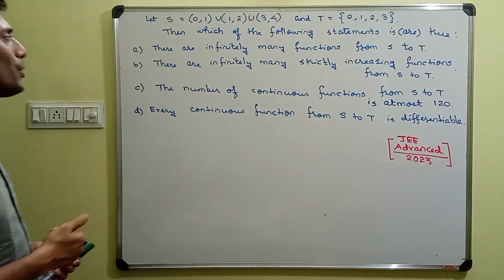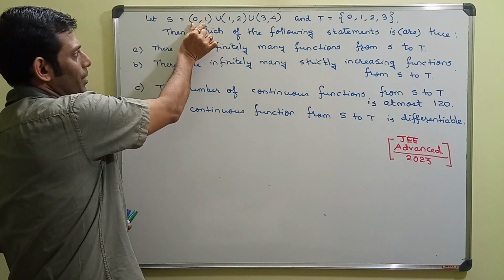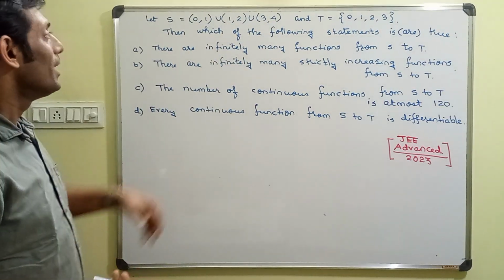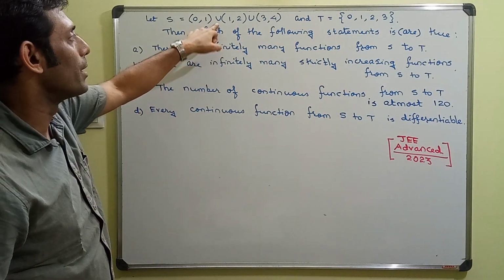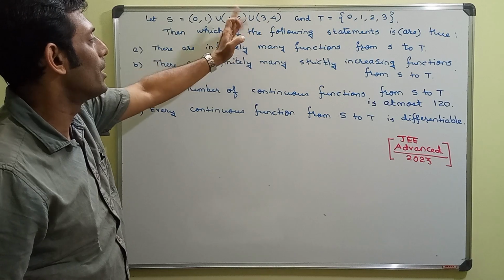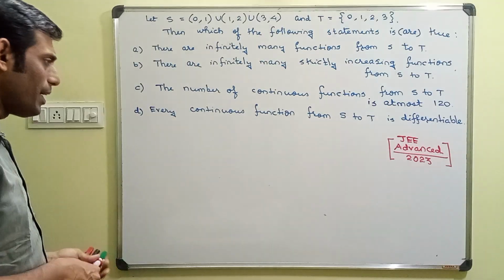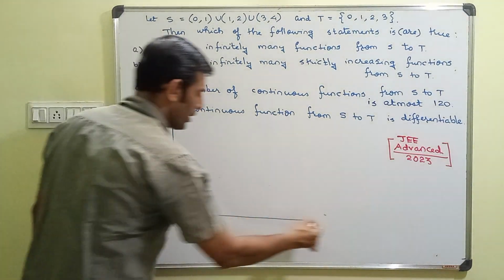See, the domain here is an open interval. This is an open interval. This is an open interval. And the domain has a discontinuity at 1, a discontinuity at 2 and till 3. So let us go for a graphical possible